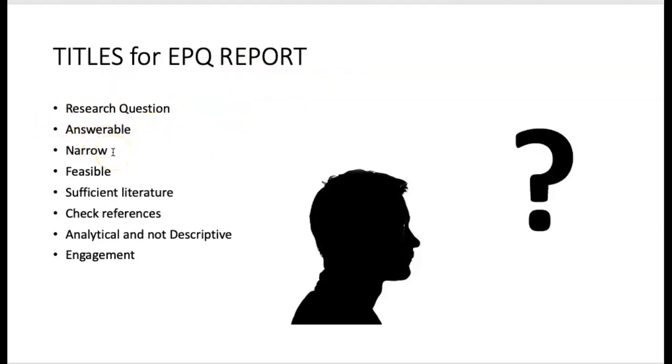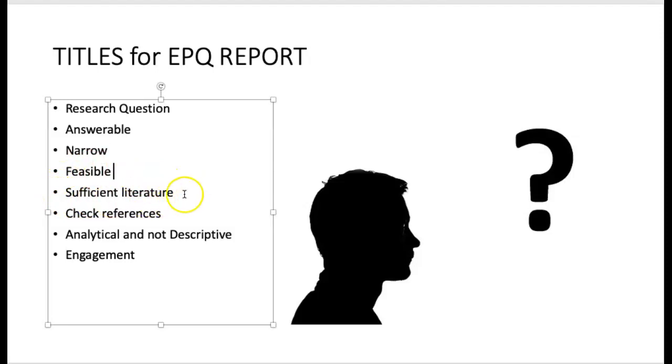It has to be quite narrow because the student needs to go deep and show expert knowledge. It has to be feasible, okay? They must be capable of finishing it. You're checking, as I said, for sufficient literature, that they've already found that there are essays and journal articles. And please check the quality of the literature as well. It shouldn't be like casual websites, it should be academic stuff.